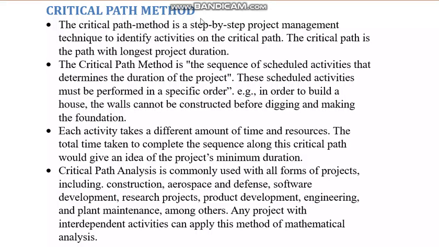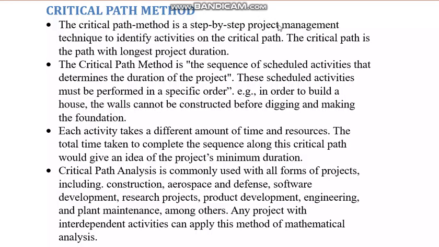Now, the critical path method is also called CPM. It is abbreviated, and it is a very well-known method for project management. The critical path method, or CPM, is a step-by-step project management technique to identify activities on the critical path. You see, if there are a number of activities in a project, this project can be